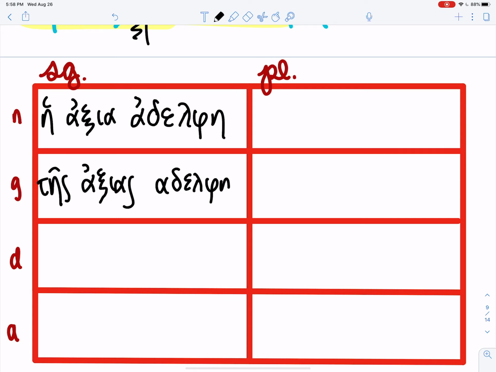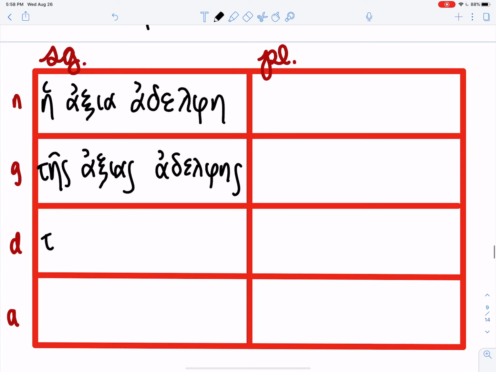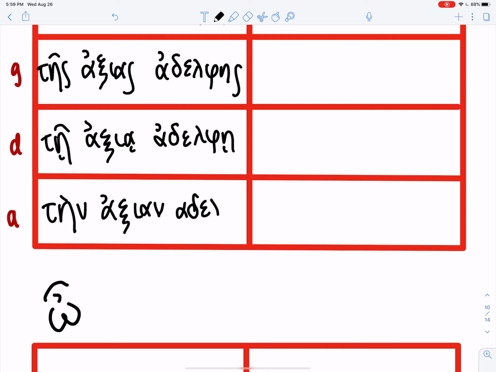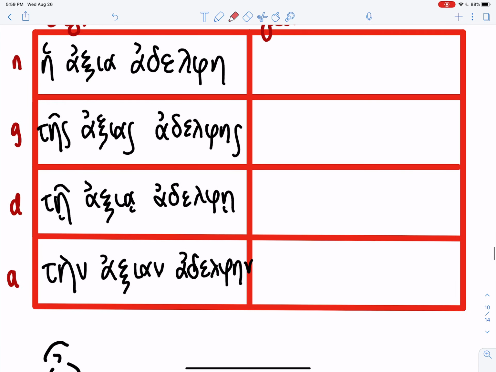Adelphas. Dative: te, oxia, adelphae. Accusative: tain, oxion, adelphane. So yes, this can be a little bit tricky because you're keeping track of what are my definite